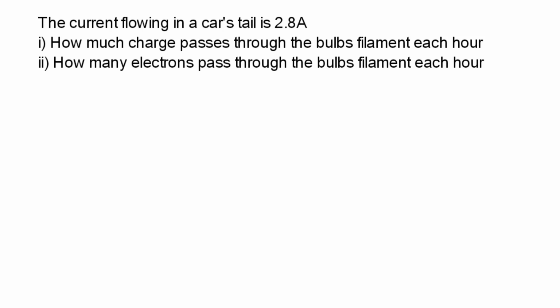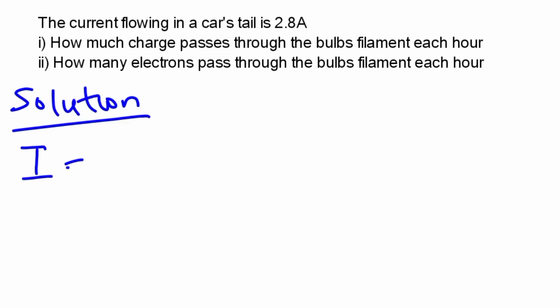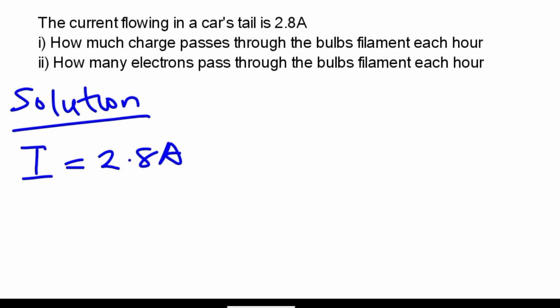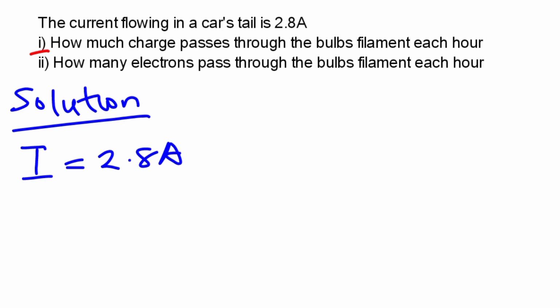In today's video, we are going to be solving another example problem on Coulomb's law. The question says the current flowing in a car's tail light is 2.8 amps, meaning that there is a current of 2.8 amps flowing in the car's tail light. That's the light at the back of a car. Now, the first part of the question asks us to find how much charge passes through the bulb filament